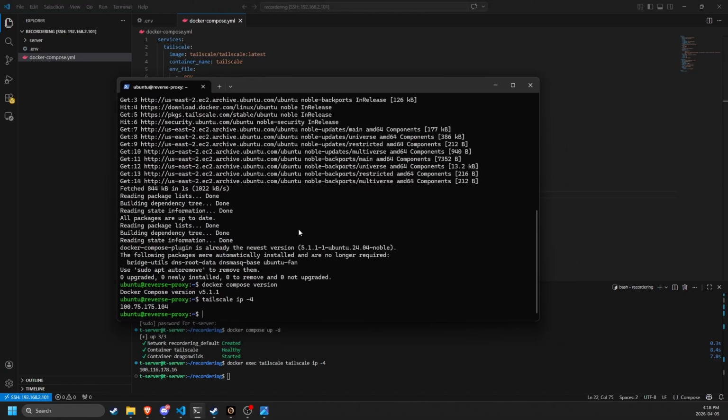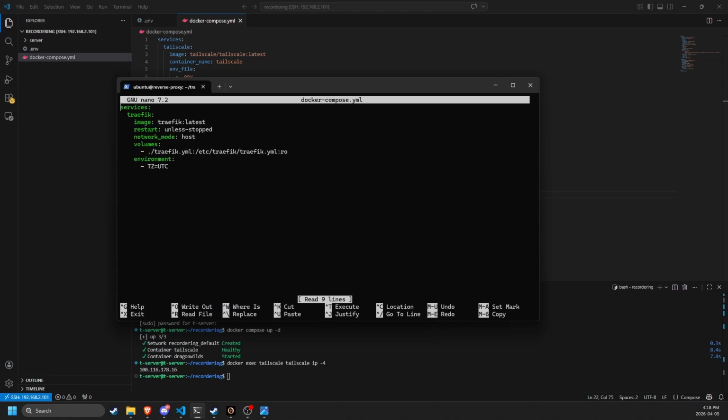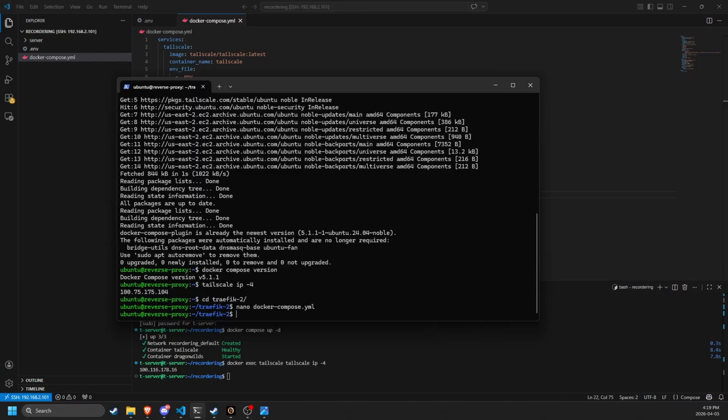And in our VPS, we're going to want to make a directory. I recommend it, but you don't have to. For Traefik, but I already have a Traefik directory for this, so that's what we're doing. And we're going to want to nano docker compose, and you're going to want to paste this into it. After you do that, you're going to want to nano Traefik.yaml,